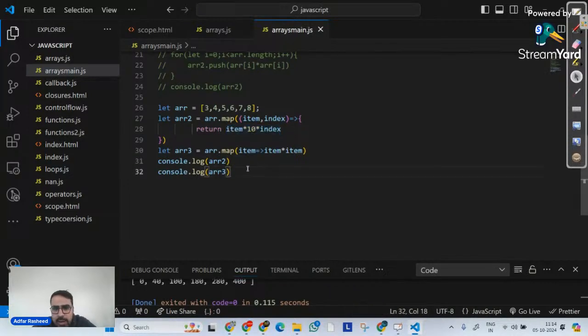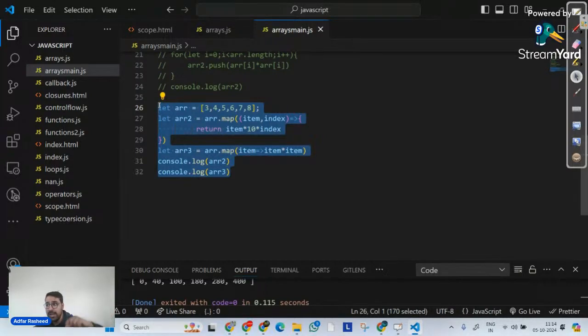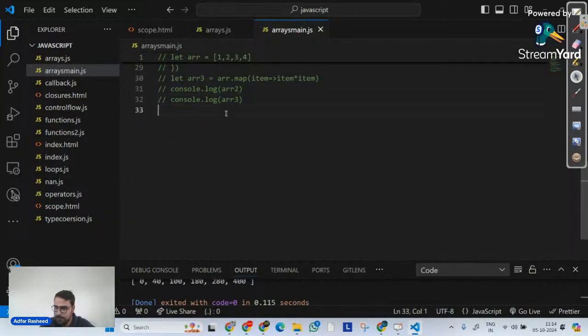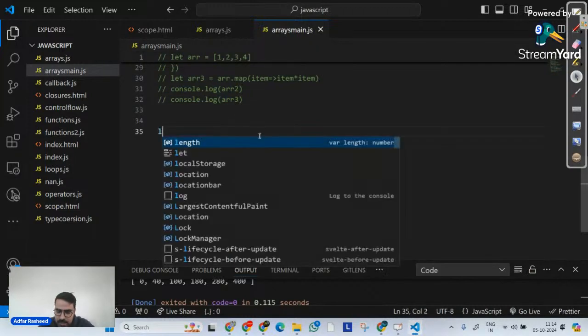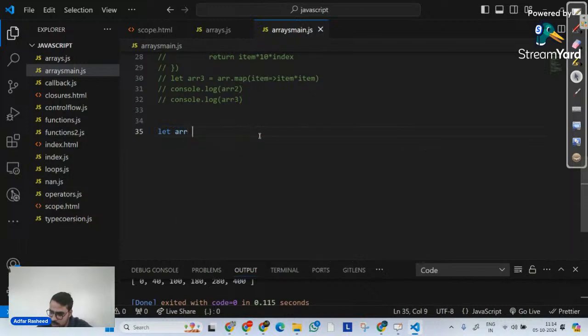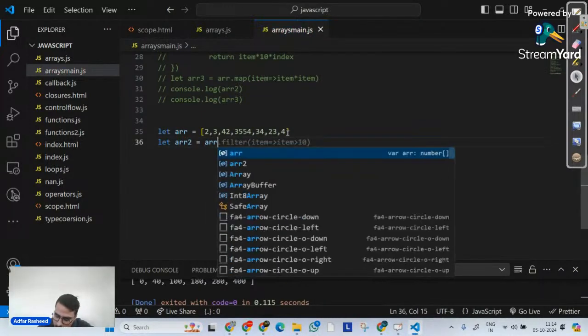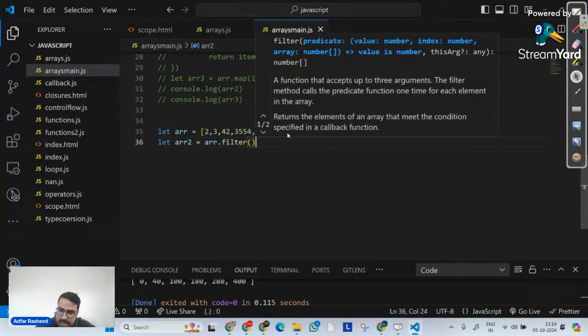If you ever have a requirement of doing such a thing inside your arrays, in which you want to create a new array with a filter, the method that we actually use in that case is filter itself. It's also a looping method. Let me create a simple array. Let's suppose arr is equal to an array, and let me simply write some comma-separated elements, whatever the elements are, something like this. Done. And on this array, I will use a simple method. Let arr2 be equal to, on my original array, please implement a filter like this.